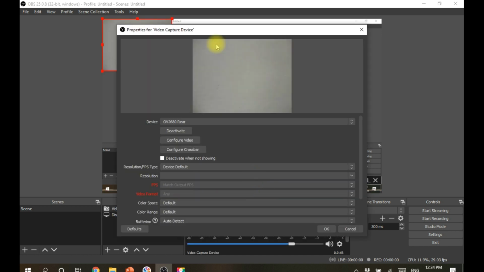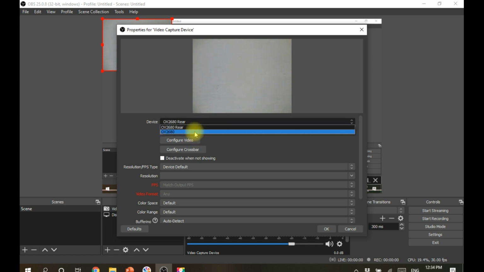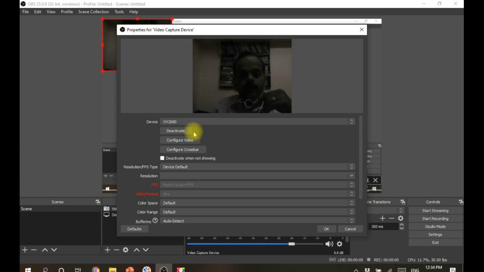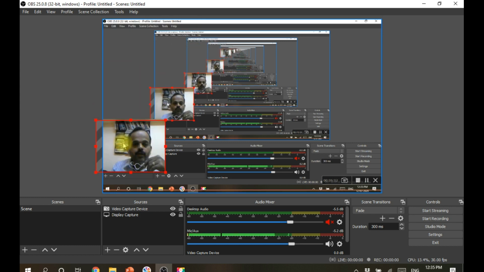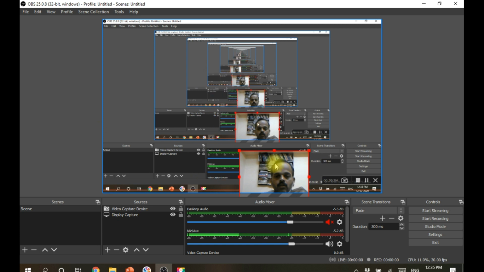On my laptop there are two cameras, so we have to select the camera. The camera is inserted by clicking OK. It will be here. You can change the size and move it anywhere. I am keeping it here in the left corner.